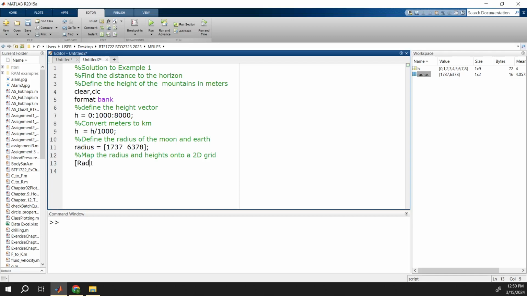To do that, first I will specify a new variable name. I simply use capital R and capital H, and then type the meshgrid function, open round bracket. This is the corresponding variable name of the new one. Radius, comma, h, close the round bracket, and then finally we'll start to calculate